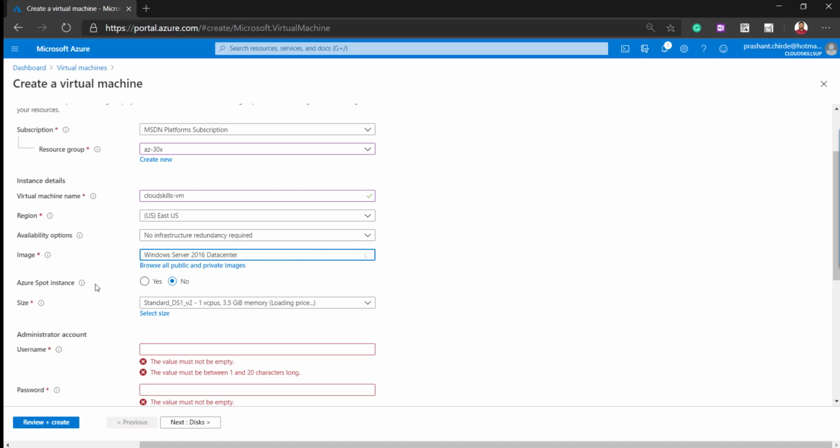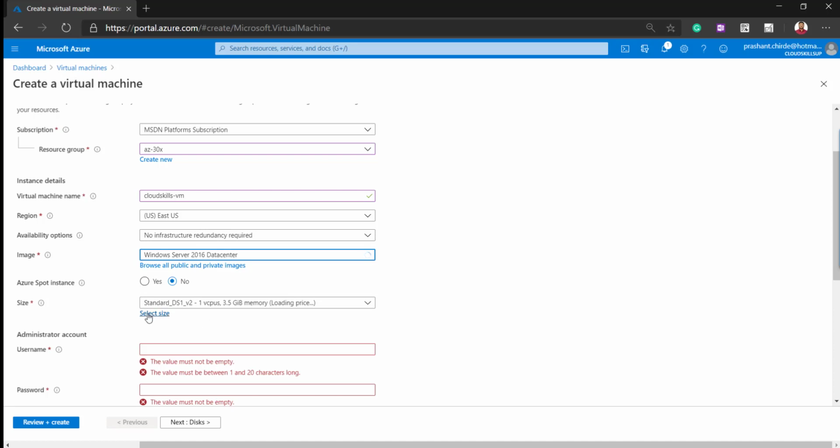Basically, what happens with this particular type of instance is that you get the resources that are free in the Azure data center, and if someone claims those resources, your virtual machine will not be available to utilize them. Until they become available, you get those resources with a huge discount. So we are not going to select that option, and it is not good for production. If you want to do some testing, in that case you can utilize it.